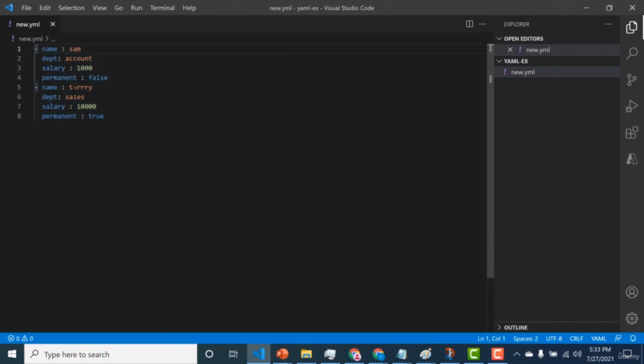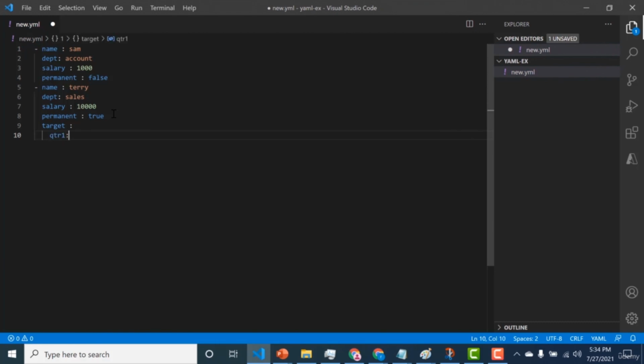So let's look at Terry. Terry is working in the sales department. He has got a few targets that he needs to fulfill. So let's add a target as a dictionary in this particular item. What I'll do is I'll add a target. So this is an example of a dictionary. In this, I'll just say